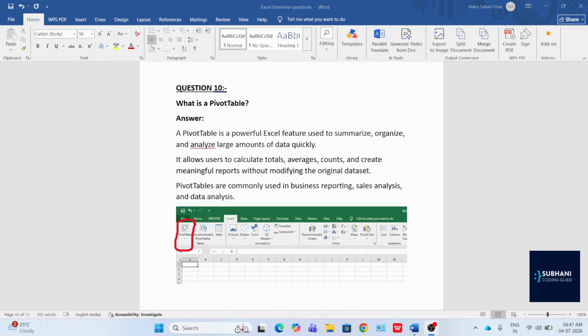Question number 10. What is a pivot table in Microsoft Excel? A pivot table is one of the most powerful features in Microsoft Excel. It is used to summarize, organize, and analyze large amounts of data quickly and efficiently. Instead of manually calculating totals or creating reports, a pivot table can automatically summarize your data with just a few clicks. For example, imagine you have a sales data set containing hundreds or even thousands of records. Using a pivot table, you can instantly calculate the total sales, average sales, number of transactions, or view sales by